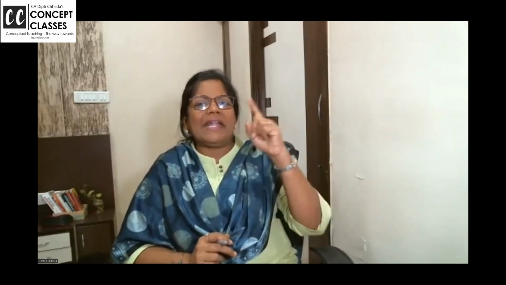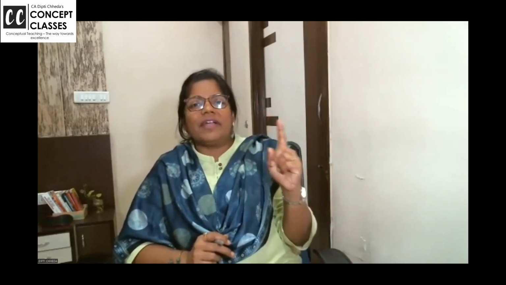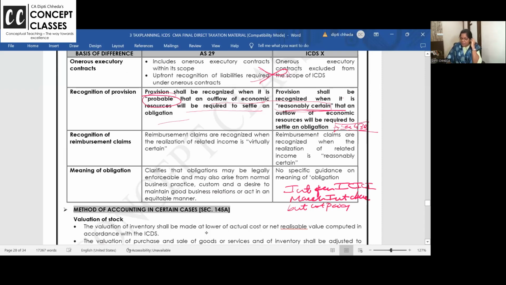Generally, March expenses are paid in April only, but at least before the due date of filing the return, you should pay it, right? Even ICDS is saying the same thing. Now read it, it will be clear to you. ICDS is saying, make the provision only if you are reasonably certain that you are going to pay it in April. In exam, if you remember, so many times in business head, it is given to you. Provision for GST made in March, but payment made in December. Disallowed. March payment you have to make at least by July, September, the due date of filing the return. If you are paying in December, that is disallowed.